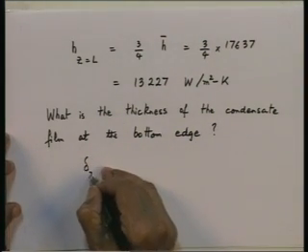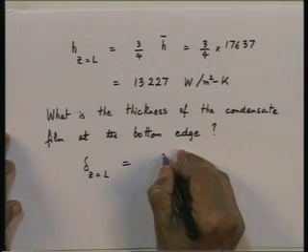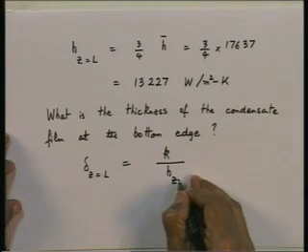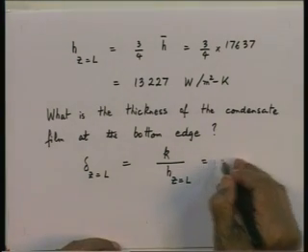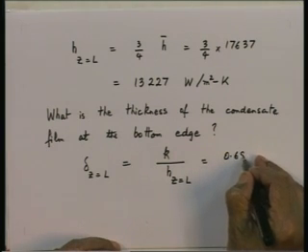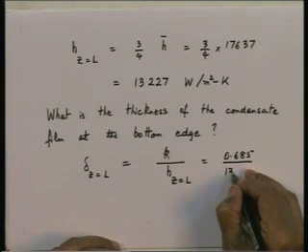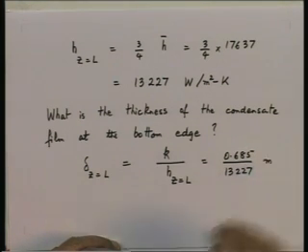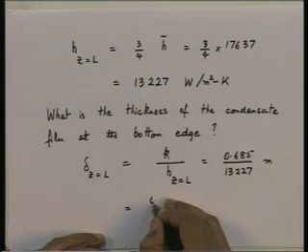Delta at Z equal to L is equal to K divided by H at Z equal to L, because we have an expression for the local heat transfer coefficient. So, all we are going to get in this case is 0.685, which is the value of K, divided by 13,227 so many meters, or if I want it in millimeters, it will come out to be 0.685